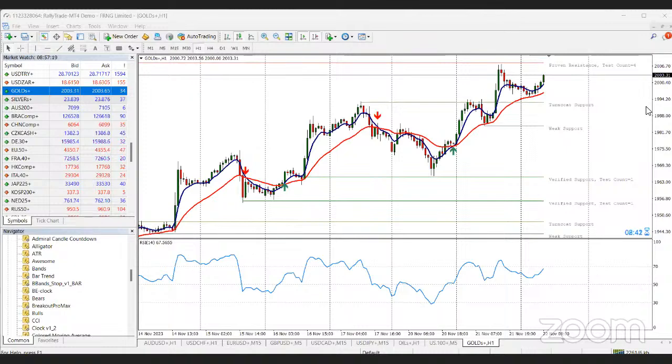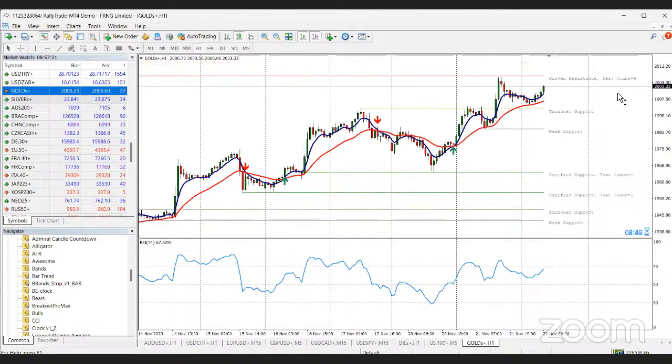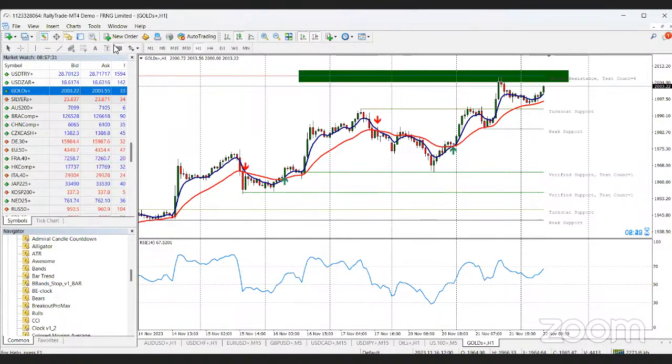So for the hourly time frame, this is going to a proven resistance, and my indicator here is showing that it's currently almost overbought and it's going to do a bit of a retracement. So I'm going to be selling, right? At least before 2:30, I'm going to sell from this region, for gold. This is gold. I'm going to sell from this region for gold.